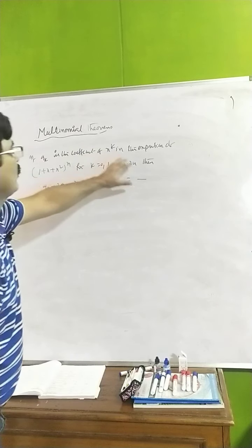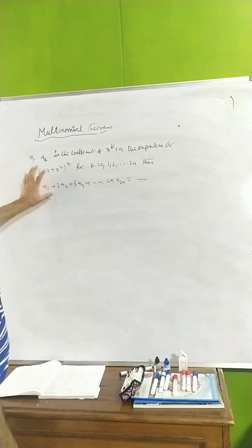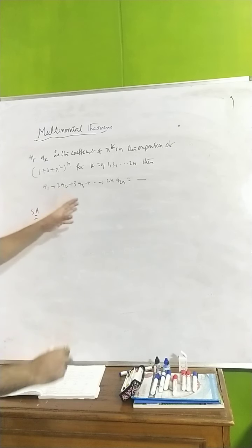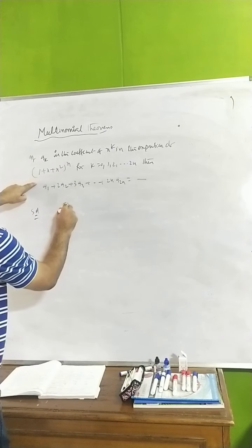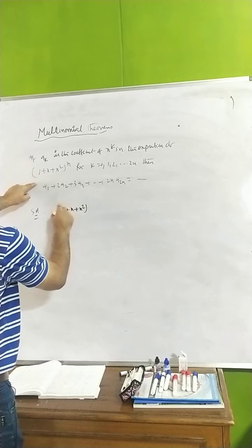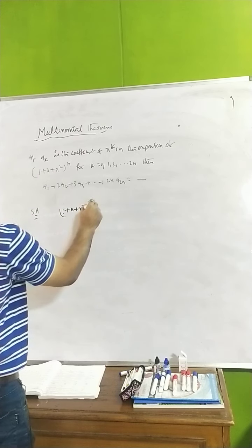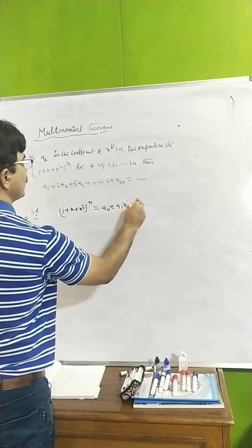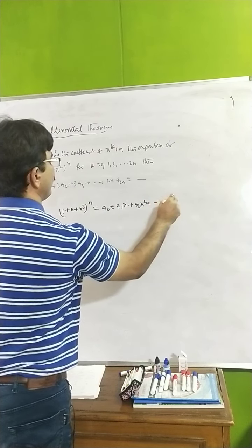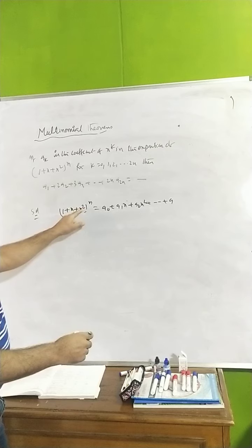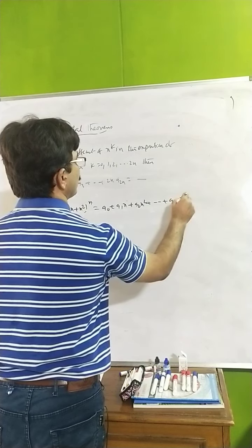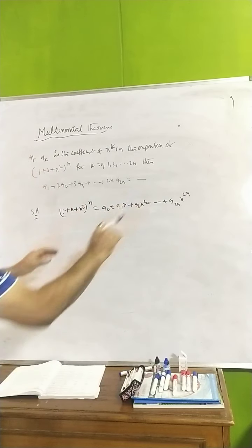Here ak is equal to like this he has given. So when he has given like this, what is the meaning of this? See sir, how we are going to solve this question: actually this is also a multinomial, for n. How to write? a0 plus a1x plus a2x squared, and so on, till 2n terms, you have to write up to x to the power of 2n. This is the way of expansion.